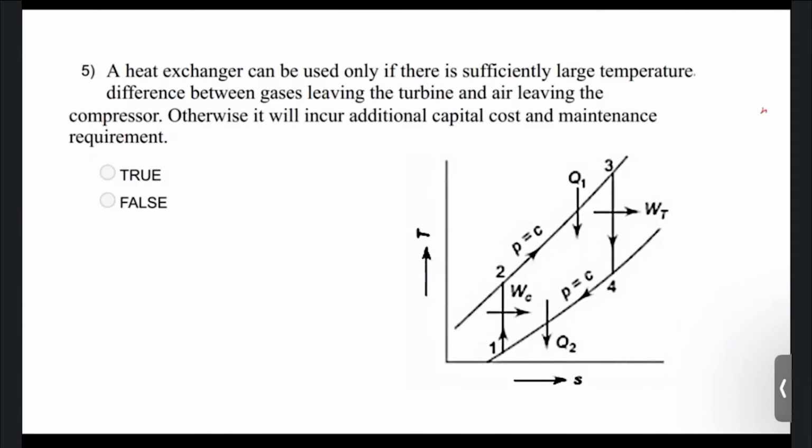Let's move to the next problem. The next problem says a heat exchanger can be used only if there is a sufficiently large temperature difference between the gases leaving the turbine and the air leaving the compressor. Otherwise, it will incur additional capital cost and maintenance requirement. Now, as you remember, in regenerative cycles, the heat exchanger, or regenerator, is always added between